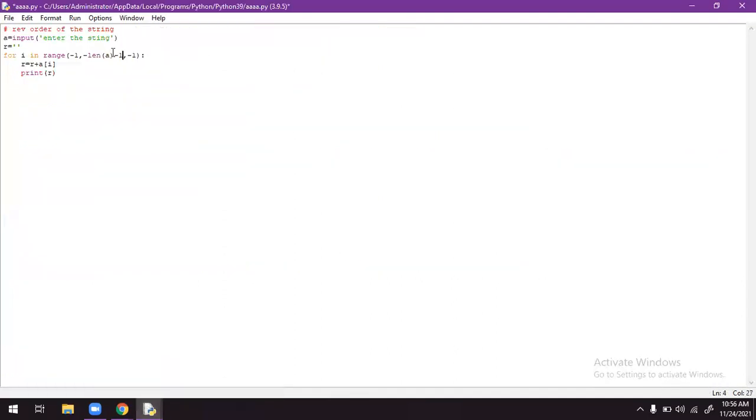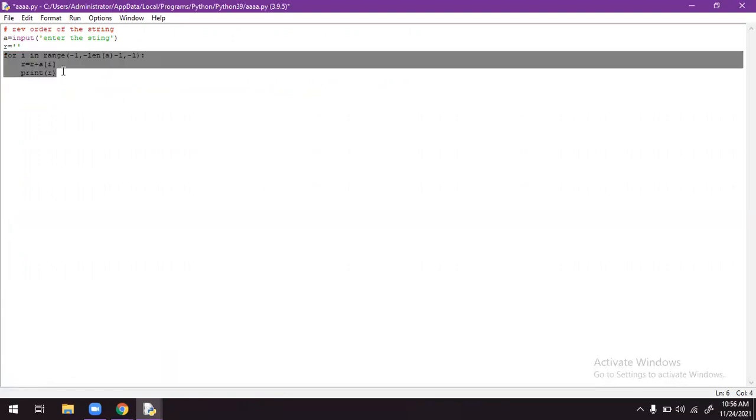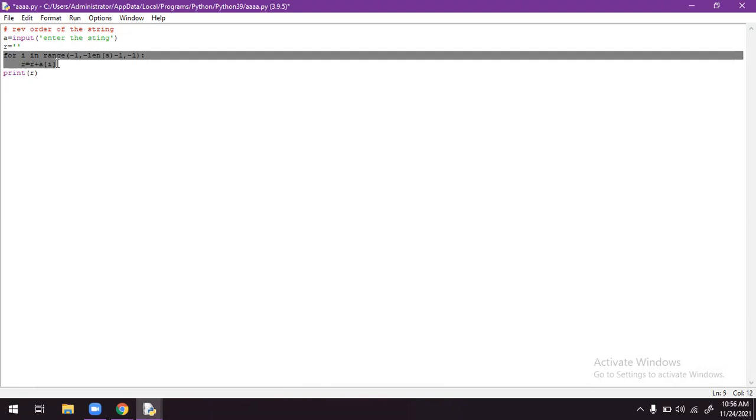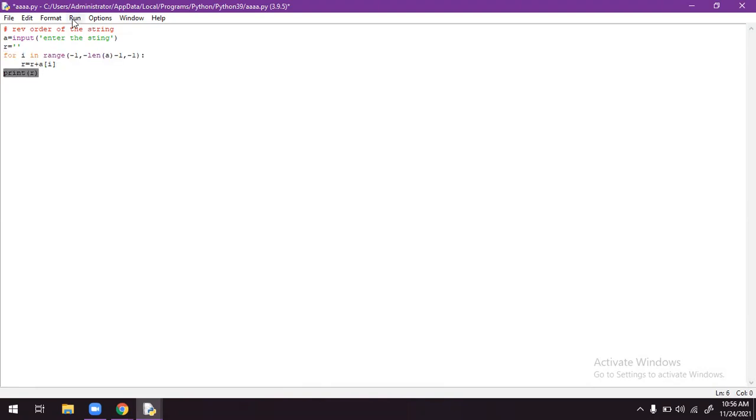Why? Because it takes up to only the length of A. The length of A is nothing but either 1 or 2 or 3 or something, depending upon the string which we have entered. Otherwise it gives an error. And while writing the program, if you have to come out of the for loop or if loop, you shouldn't mention it like this. It will ultimately consider this whole thing as coming into the for loop only. If you make a backspace, then these two lines will be executed in the for loop. After executing, it will come out of the for loop, then it prints the character.